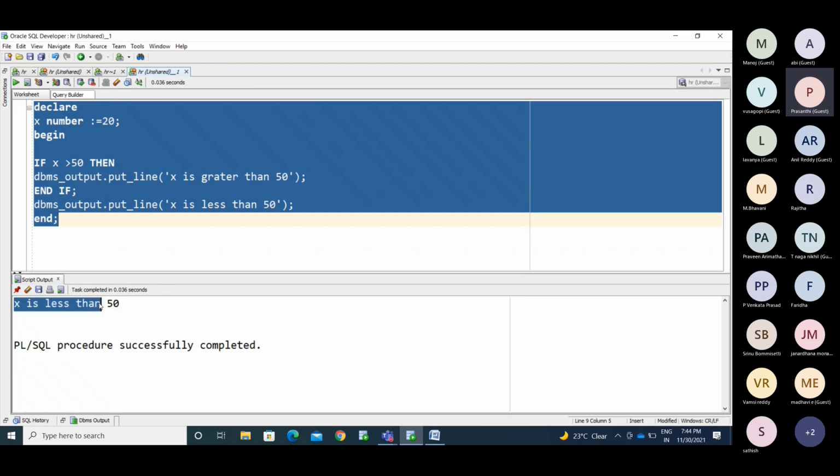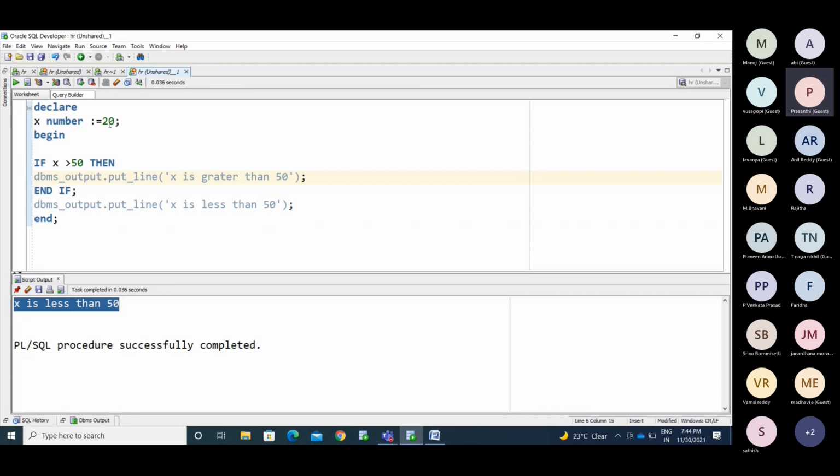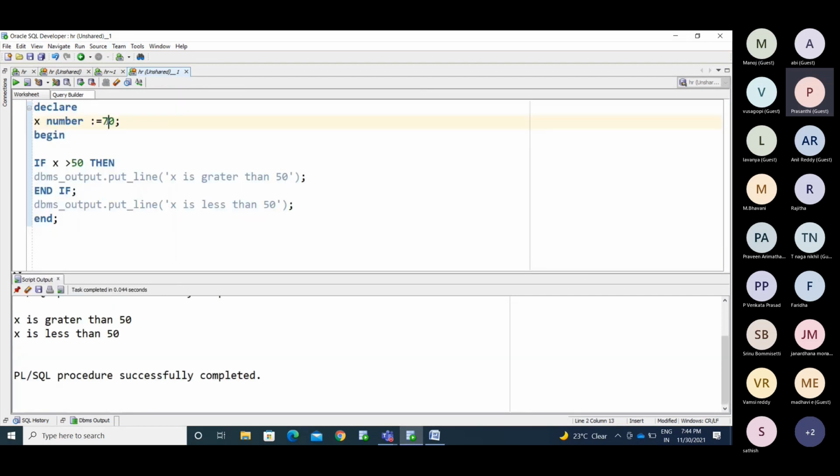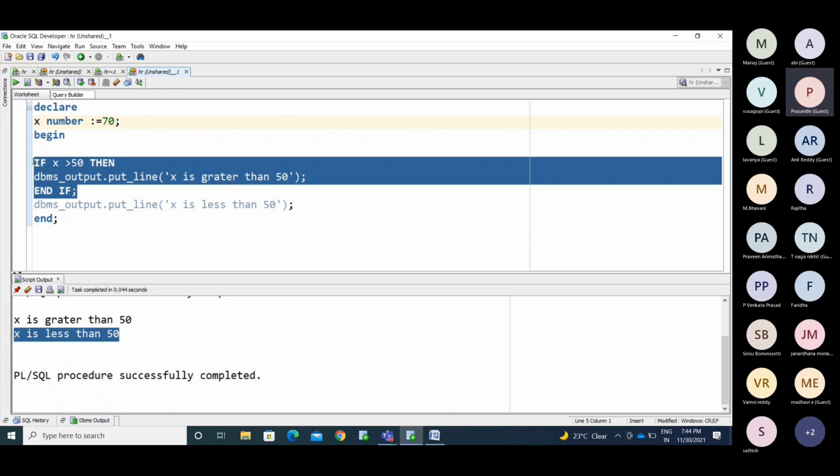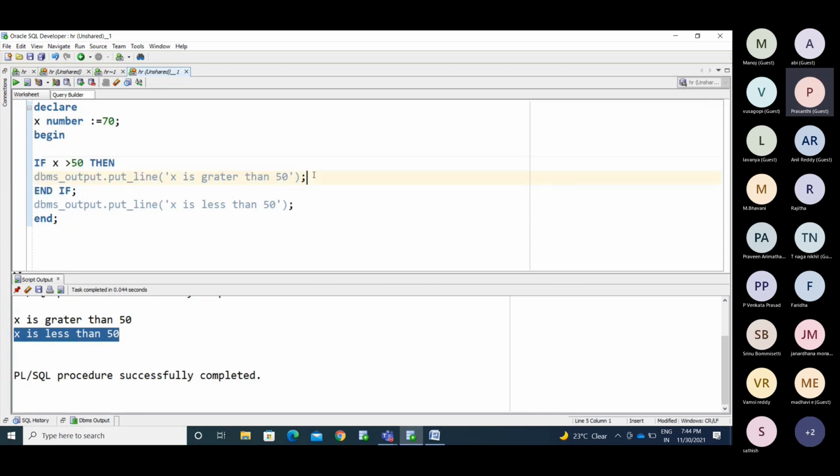See, x is less than 50. Now I am increasing the value to 70. Now run this. Now it shows x is less than 50, even though x is greater than 50, because I put the condition this way. If the value is greater than 50, then only I need to execute this statement.